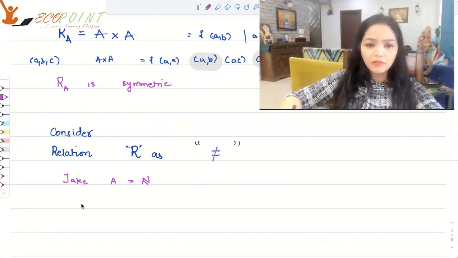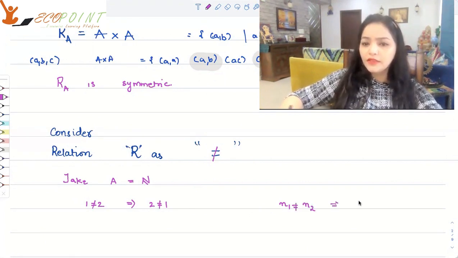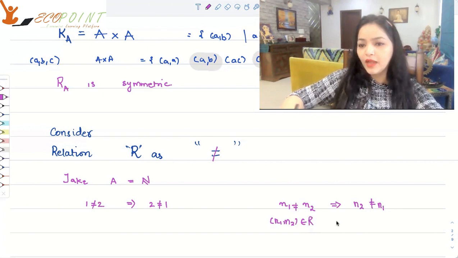So in natural numbers, if I take any particular natural number, say 1 is not equal to 2, and of course 2 is also not equal to 1. And if you take any general natural numbers n1, n2, which are not equal to each other, then whether you have n1 not equal to n2 or n2 not equal to n1, it's the same thing. So (n1, n2) belonging to R implies (n2, n1) also belongs to R,